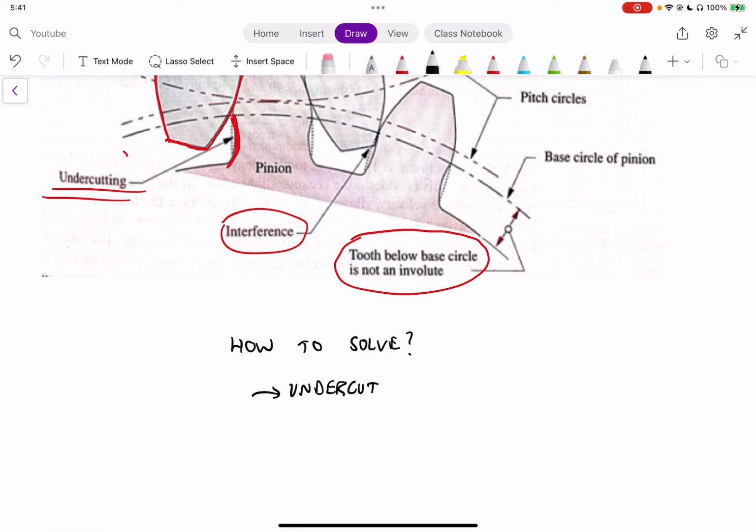And the real problem with undercutting is that it is a good solution, and it's definitely something that can be done. The problem is that we usually weaken the tooth. And I'll put weakened teeth in general because you would have to undercut every tooth basically. So this problem of undercutting is that essentially we weaken the tooth. It can be done as a solution, but better than that, we can do some other things that can be done. So another thing that could be done, which is something that can be done in design as well, is